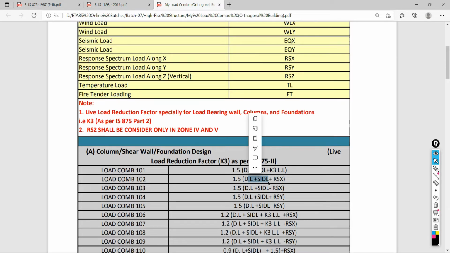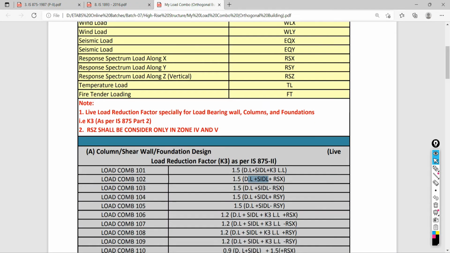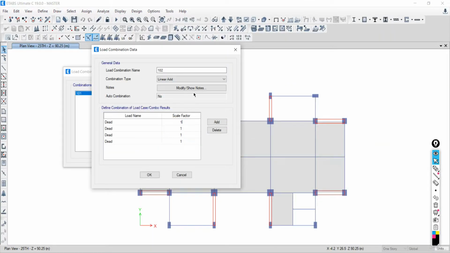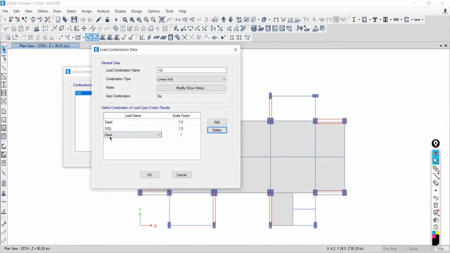Then positive X, negative X, positive Y, negative Y. That change will be there, and at a time we are going to define these four values. So go back to 102: dead 1.5, SIDL 1.5, then earthquake in X direction as response spectrum, again 1.5.